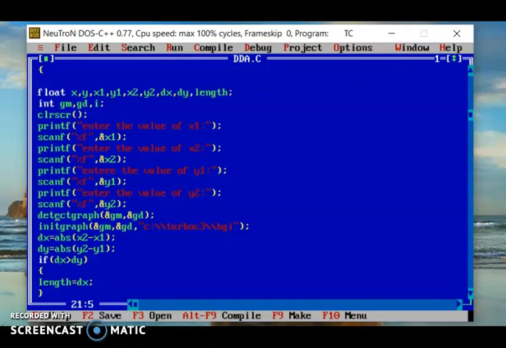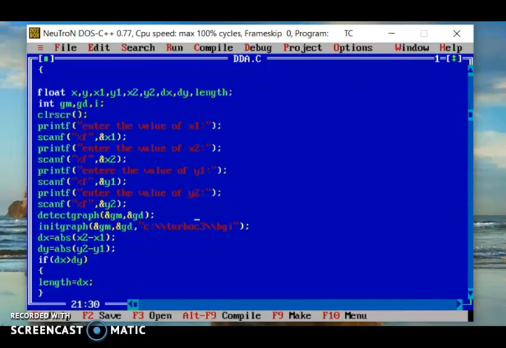In the same way, we are taking the value of y1: printf in round brackets, inside double quotes 'enter the value of y1', scanf in round brackets %f, ampersand y1, semicolon. In the same way, we are taking the value of y2 from the user.